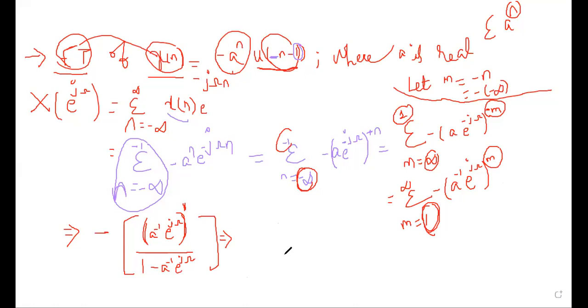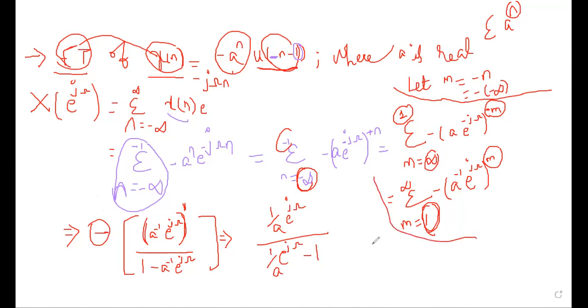Okay. So what I will do is better, I will take this 1 by A inverse, and this minus I will move it inside. If I move that minus inside, I am doing two things parallelly. A inverse I am writing as 1 by A e power j omega, and I have one minus sign outside. That minus I am just moving inside to the denominator. So my first term becomes plus. That means 1 by A e power plus j omega, then minus 1. Tell me whether am I right here?